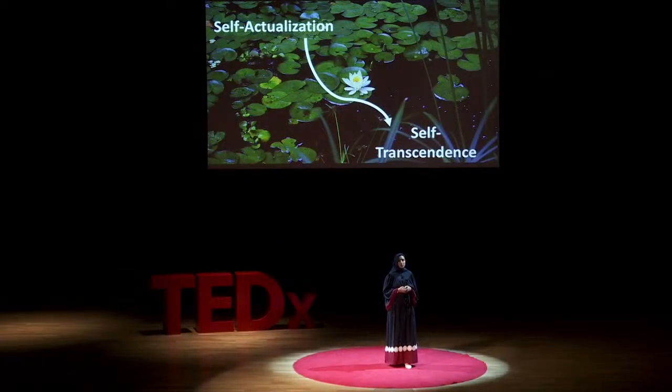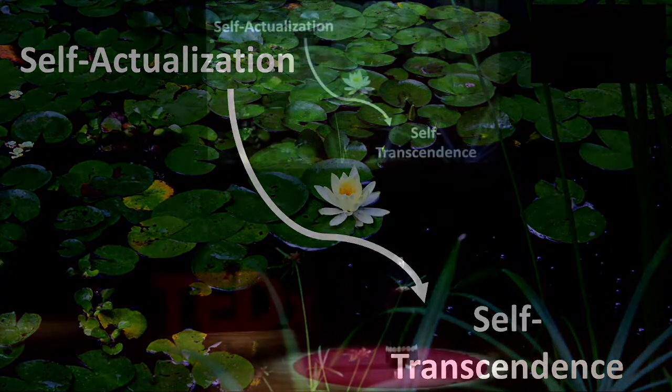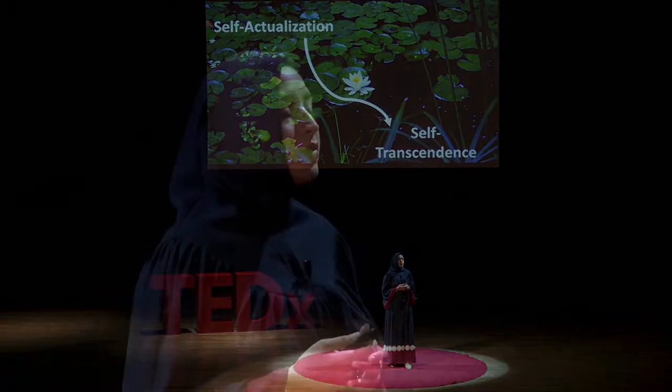Self-actualization is not just about realizing our full potential and embracing our uniqueness, but also about aligning with our true selves and understanding what we're truly capable of achieving. It's about recognizing what we're made of and trying to be the best version of ourselves. Transcendence, on the other hand, goes beyond the self. It's about looking outward and contributing to the betterment of humanity. It's about recognizing that we're part of a larger whole and using our abilities to make a positive impact on